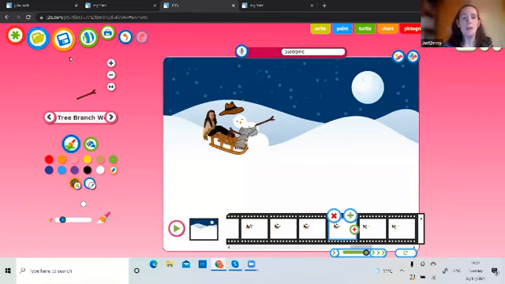Again, we have the same options to be able to save it as a working document, to be able to save as a GIF this time or as a stamp. As with anything else in J2E, children can press the button to the right of the save button to publish this. That will push it towards the class blog. I will have to moderate that first as a teacher, so you've got that as a safeguard. But a really nice activity here for children to put themselves into the centre of a story that they can create.